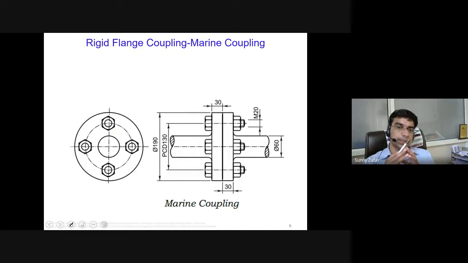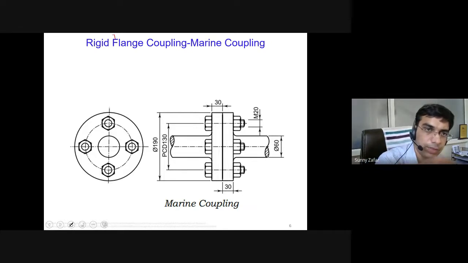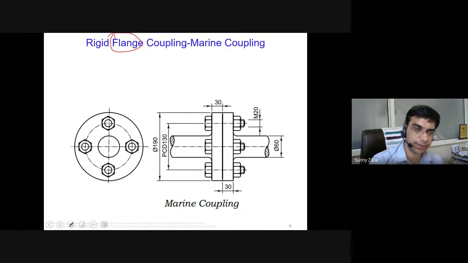Next, we discuss about the rigid flange coupling. So this will be the last coupling that I discuss today, because these are slightly complex couplings which I don't want to rush in. So next, now what you will observe here, this is another type of flange coupling, rigid coupling, in which we have flanges. We don't have the muffs now, we have the flanges.